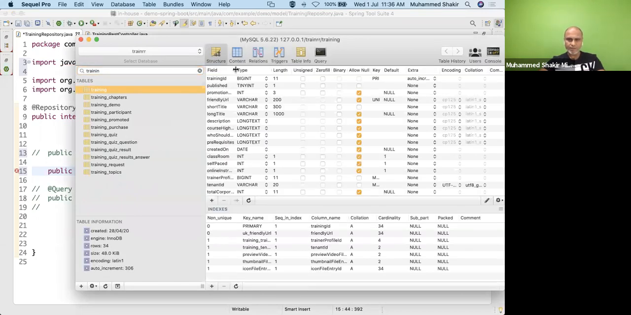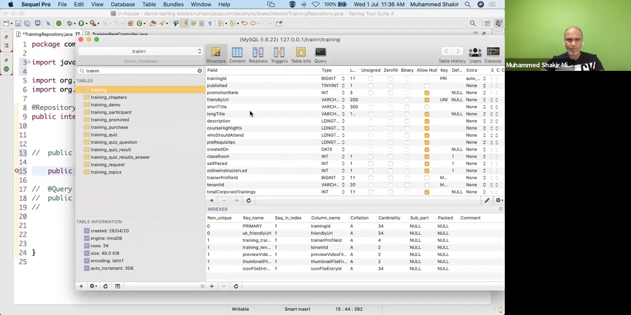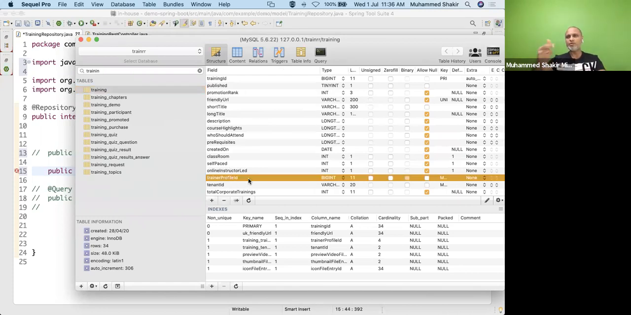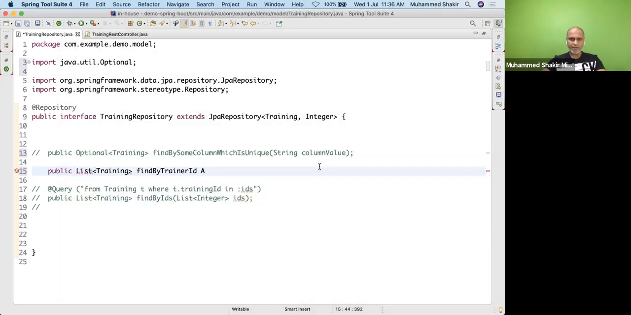I do have something called trainer ID. Here it is, trainer profile ID. That means who's the trainer of this particular training? Trainer profile ID. Okay, I'll just copy paste over here. Okay, and then I go here, trainer profile. So what will I write? As I find by trainer profile ID, I will make T as capital. Why? Because